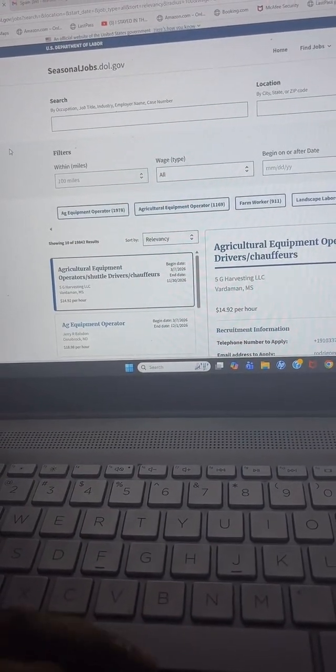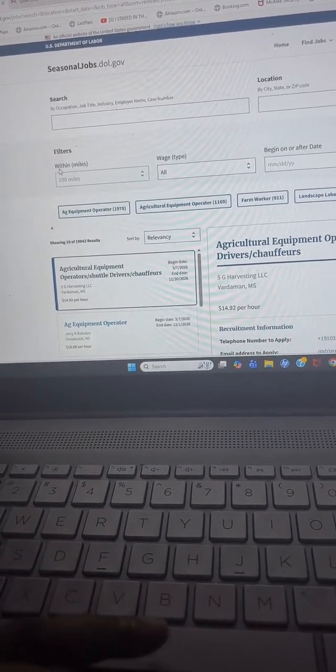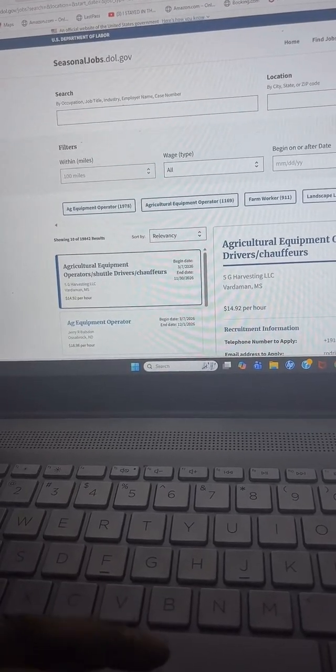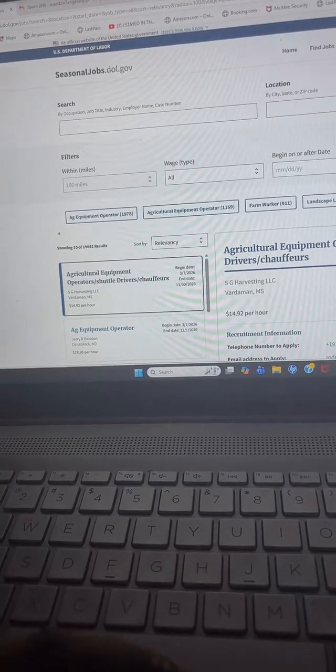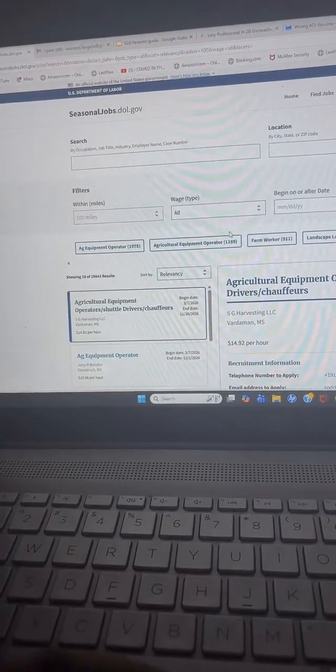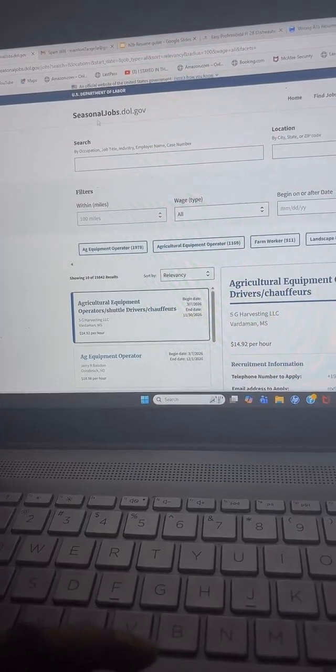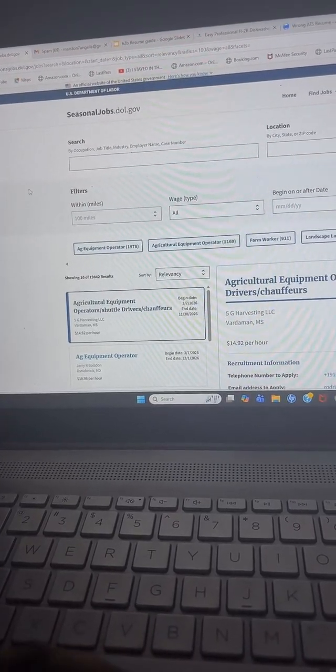Alright, so I'm gonna show you guys the website that you can go on and actually apply for H2B visa jobs. This is the website, seasonaljobs.dol.gov.